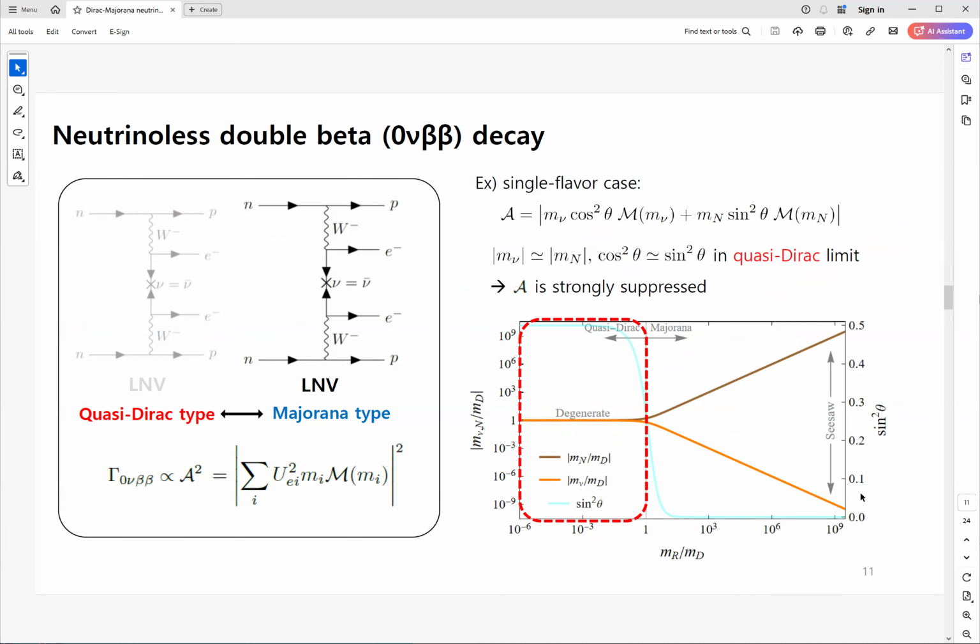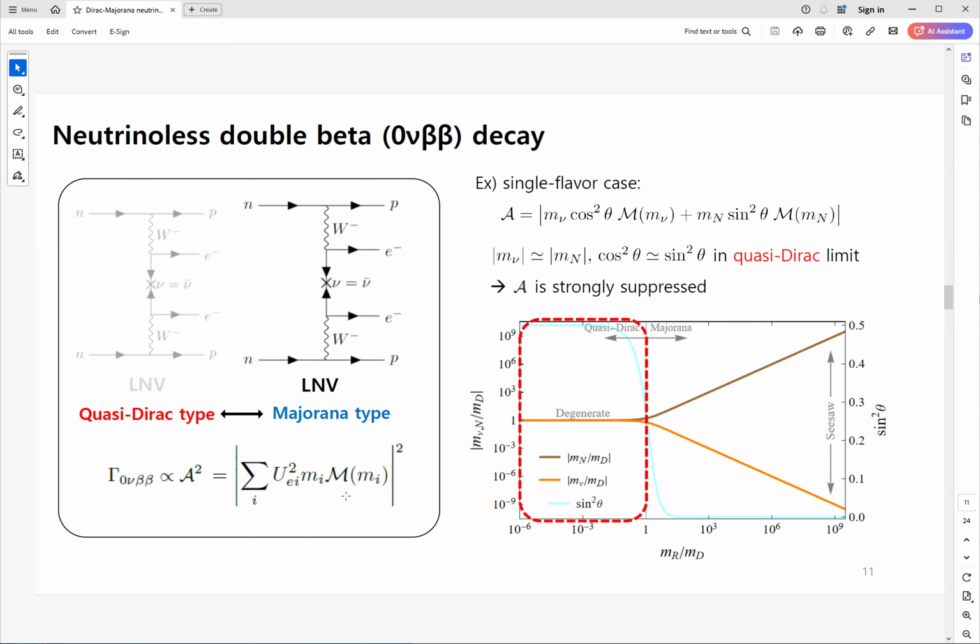So what can we expect if the neutrino type oscillation occurs? Neutrinoless double beta decay is one example of a lepton number violation process, and a lepton number violation process only occurs in the Majorana type. So in the pseudo-Dirac type, lepton number violation does not occur, so such neutrinoless double beta decay is strongly suppressed. The neutrinoless double beta decay rate is given by the following effective neutrino mass